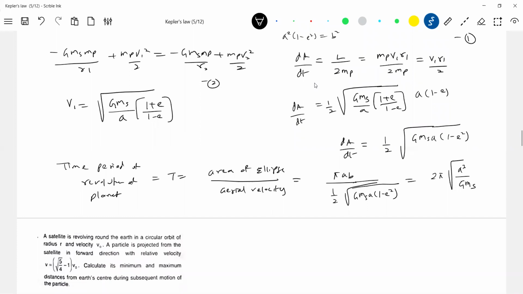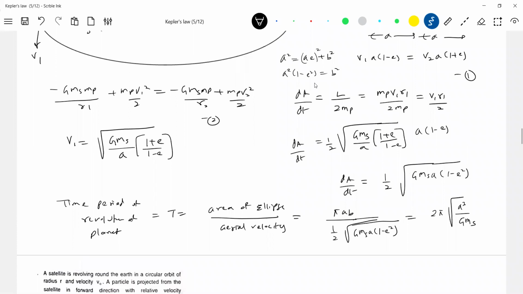That's what I showed as proof here. This is only the proof. Nobody will ask you to show the proof, since it is directly given in the book. So how has it come? Again, with all the things we know, the physics, conservation of angular momentum, conservation of mechanical energy, and a little bit about the ellipse idea, we ended up with this. So I suggest you just have an idea, that's all. Now we have to use it in the numericals.